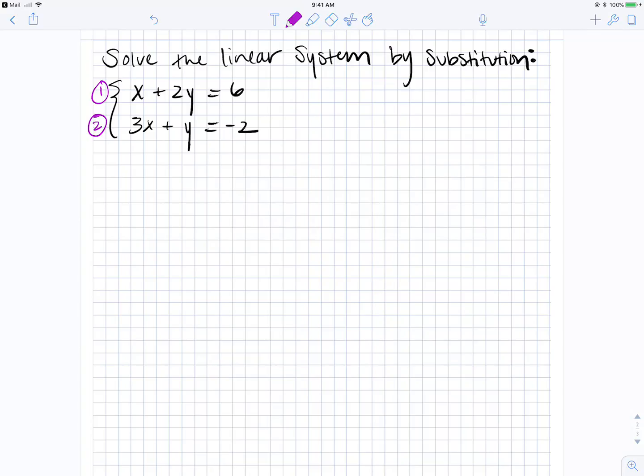It's just you usually want to look for the equation that has a variable that has a coefficient of +1, because that's just going to be the least amount of steps to have to isolate it. So in equation 1 or equation 2, the x in equation 1 has a coefficient of 1, and the y in equation 2 has a coefficient of 1. I'm just going to take equation 1